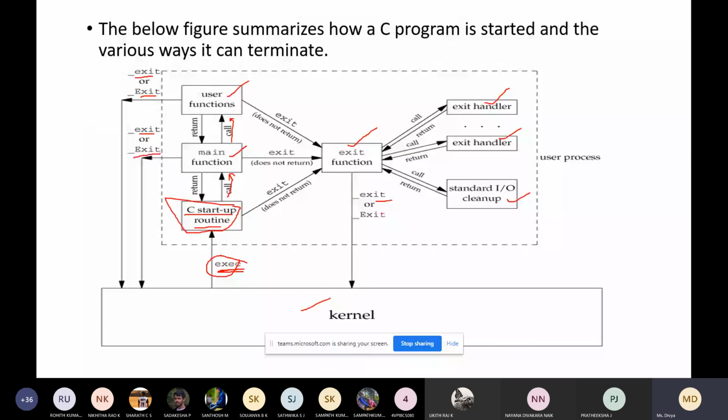So this is the only way we can return the control to the kernel. Okay. So this exit function can be called by the program or by certain signals. The process can also be involuntarily terminated by a signal. So sometimes signals can also terminate the execution of the program. Now you can see here,